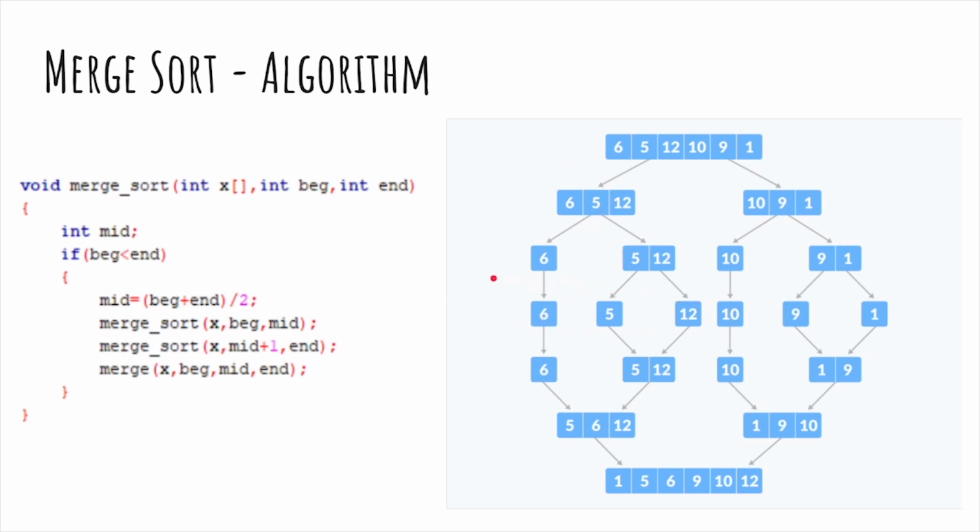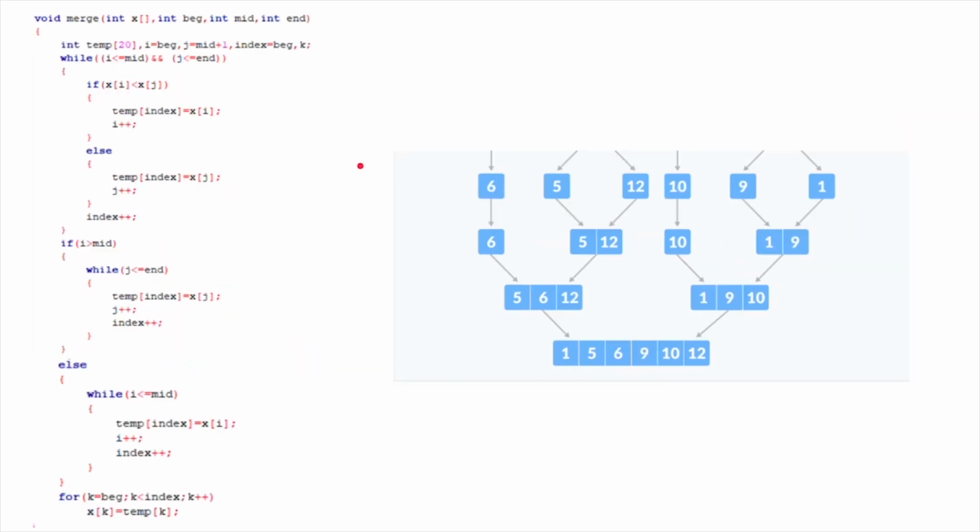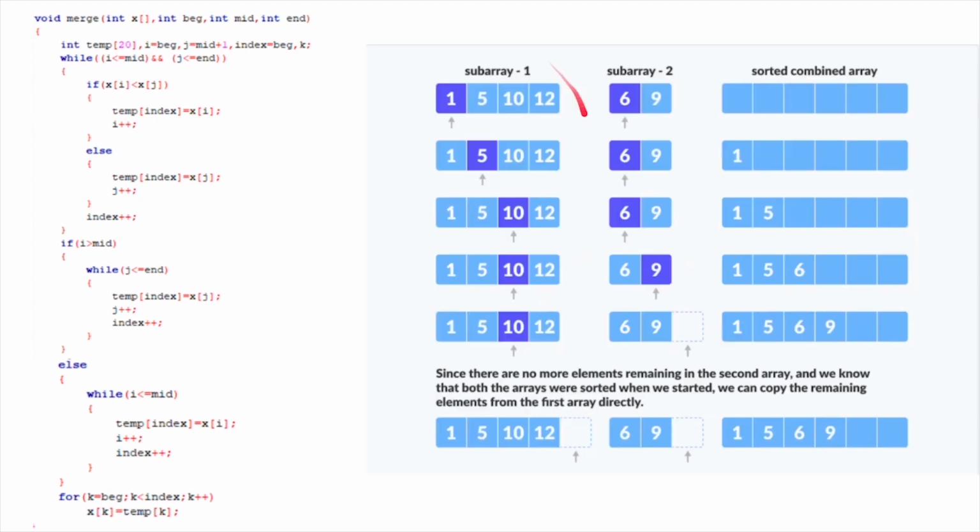After this, the merge function is called. Now let's take a look at the merge function. The beauty of this technique is that the smaller sub-arrays are already sorted before getting combined with a larger sub-array. This comes in handy afterwards when we'll see the next example. Take a look at these sub-arrays. The variable beg denotes the initial position of the first sub-array, while mid denotes the final position of the first sub-array. Variable end denotes the final position of sub-array 2.